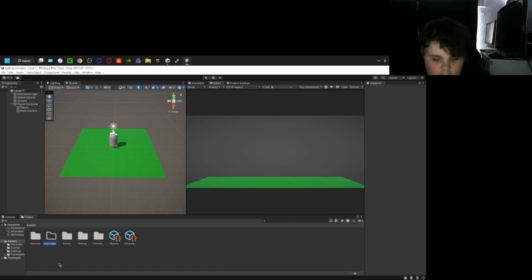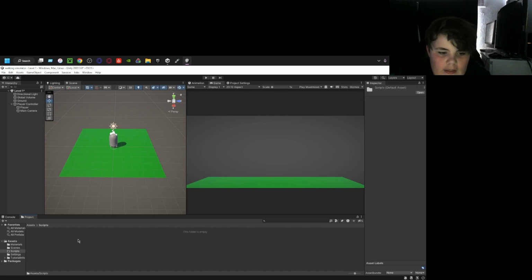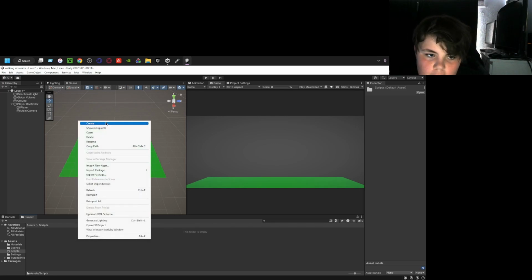Folder, wherever it is, I don't know. If you guys can't find it ever, just press the F key. Then we're going to name this folder scripts. Left click. Then you're going to double click on that. Now, obviously you guys will be able to copy this code, but what you'll have to do still is create